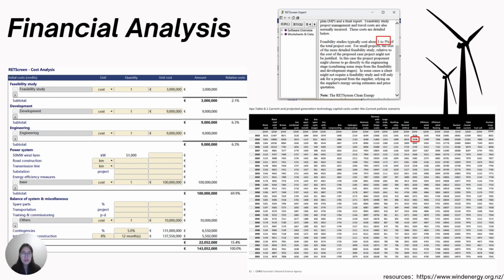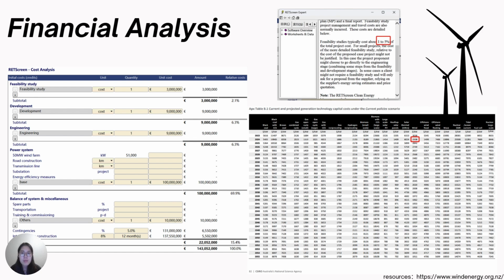I'm Huang Huanchen. Let's start the financial analysis part. The New Zealand Wind Energy Association's 2023 LCA study reports capital costs for onshore wind at 2,719 euros per kilowatt with total project costs of around 142.29 million euros. Based on the RETScreen guidelines, we allocate 3%, 3 million euros for the feasibility study,